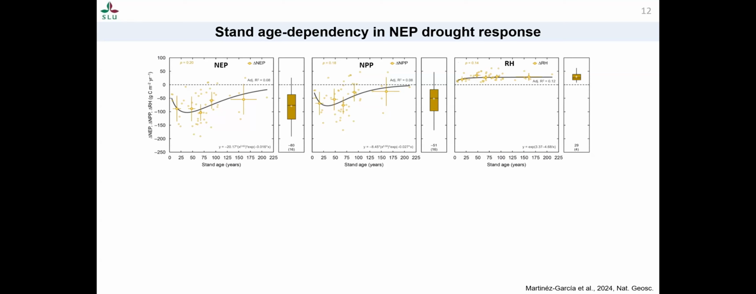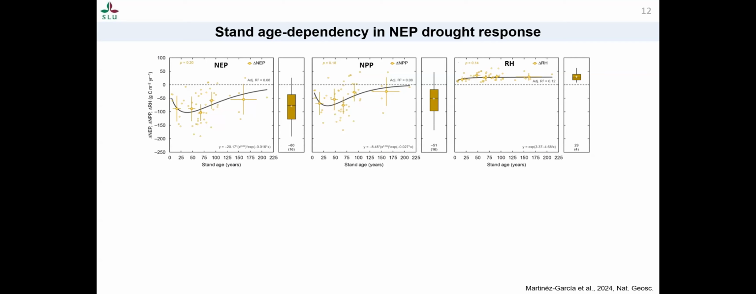And if we then look at the components, here it's the net primary production versus the heterotrophic respiration. And then we can see that the pattern was driven by the response of NPP rather than the respiration loss. And the first interpretation of this result could be that, sure, the younger trees have smaller root systems, so they were not able to access the water so well in this dry summer, so that's why they suffered the most